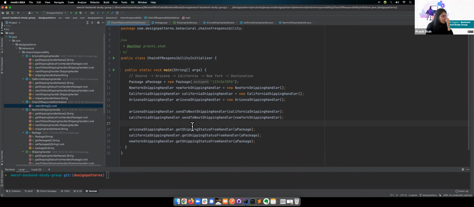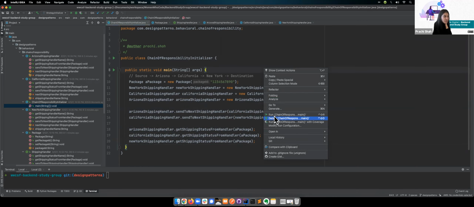Yeah. So quickly, I've created instances of these different handlers. So they are now in my system. I'm making sure that when Arizona gets this package, it sends it to California. When California gets this package, it sends it to the next handler, which is New York. And at the end, I'm asking each handler to tell me the status of their shipping, right, in this case. So if I just quickly run this code,